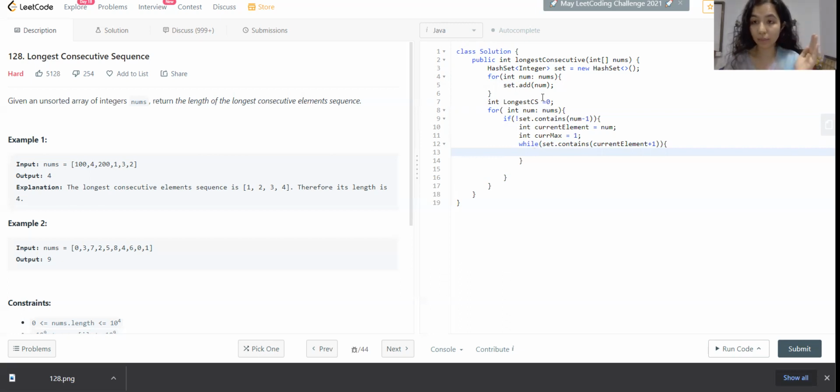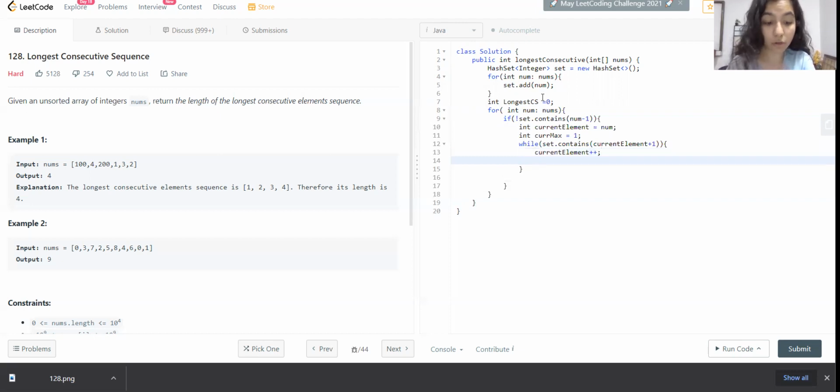So we're going to keep checking until our set contains all of the elements which are in a sequence, that is 0. Then we check for 1 in the given set. If 1 is present, we increase the length. And if 1 is present, then we check for 2. If 2 is present, we check for 3. Similarly, we will increase our current element, and we will also increase our current max, our current streak.